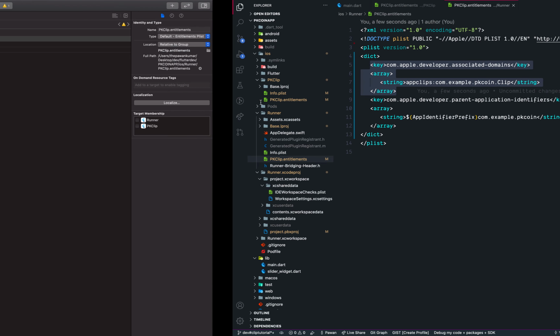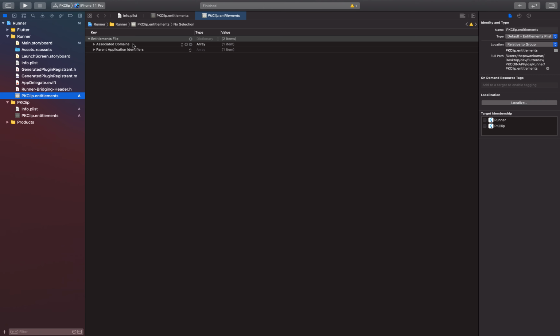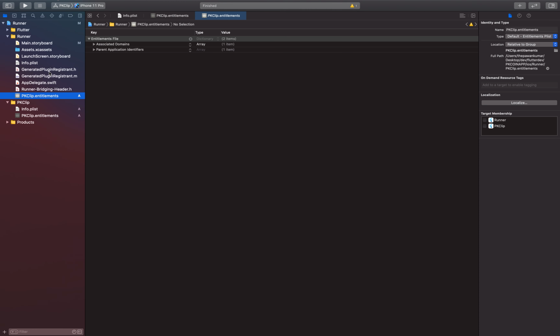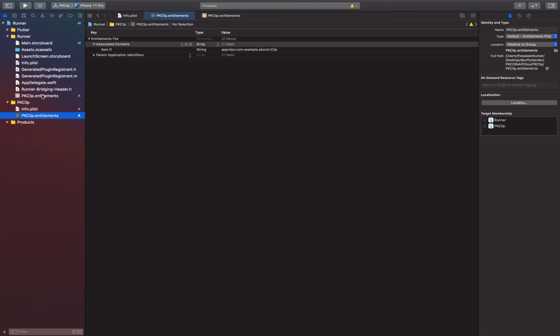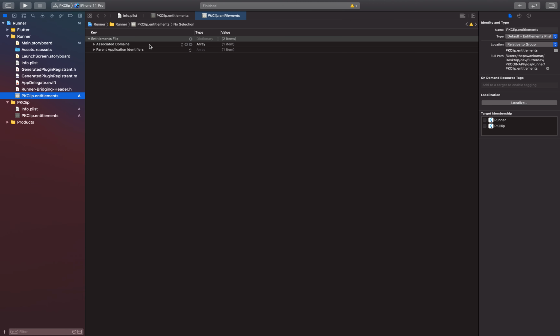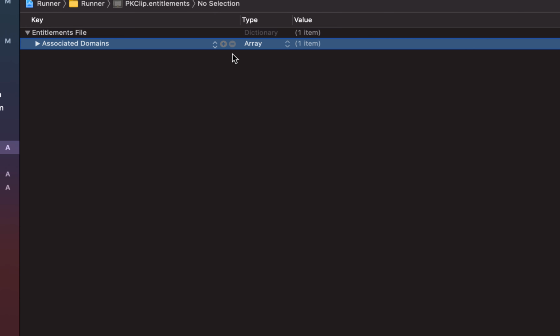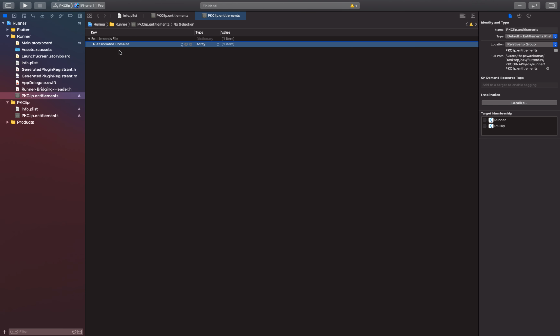If you see, now we have associated domains and we have parent application identifiers. We don't need it for the second pkclip, right? For runner's pkclip.entitlement, we need it for the app clip entitlement, but we don't need it for runner, this not app clip but runner entitlement. So I'll just remove this thing from here, and now we have just associated domains.